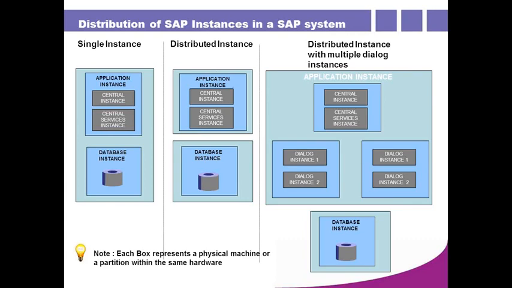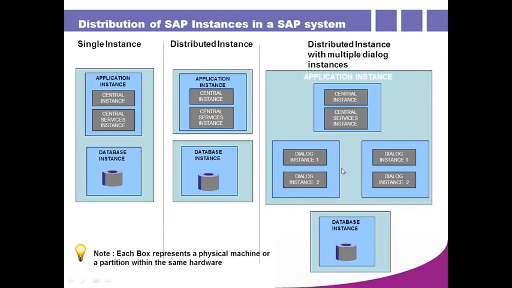However your client prefers, whether you want separate servers for each and every instance, or all instances in a single server, or like this, multiple instances in some server, another 2 or 3 instances in another server, another 2 instances in another server. Yes, however they want, we can install like this. Since the database is separated, that's why we are calling this distributed. But this is multiple instances distributed. Why? Because we have 6 instances separated in 3 servers and the database is on a separate server.